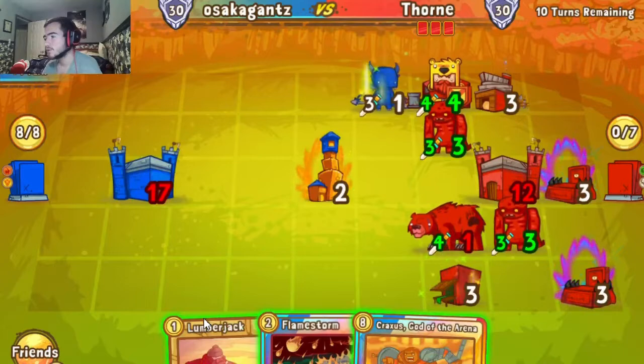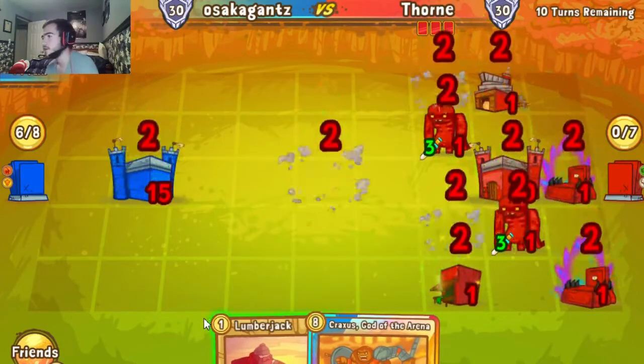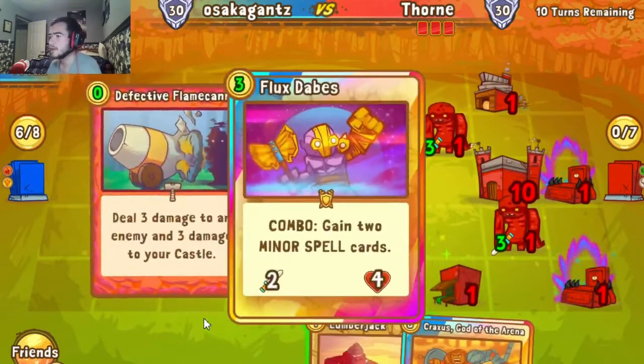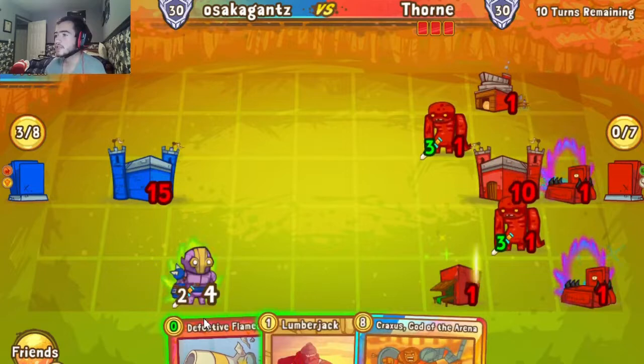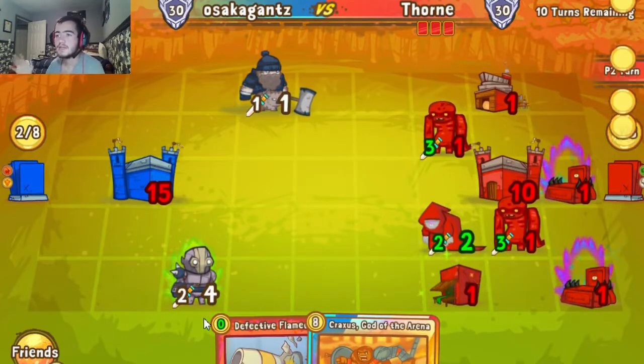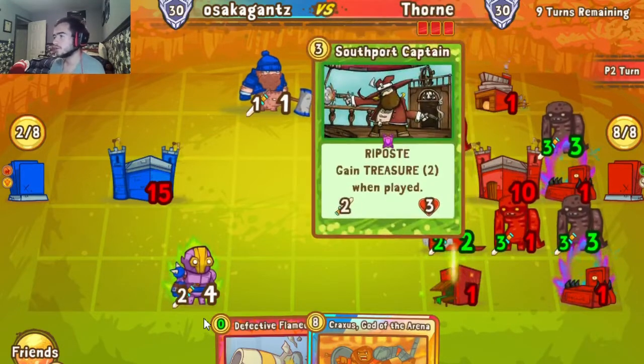So Osaka didn't really buy himself all that he needed here to be safe. He's going to play a Flamestorm, which does weaken all the spawners, get rid of a few things. He'll play a Flux thanks to the Tarius Files being destroyed, as well as a Lumberjack. Will he hold the Defective Flame Cannon? He will. Okay, so he's going to probably hold that to maybe get rid of a spawner, or maybe the